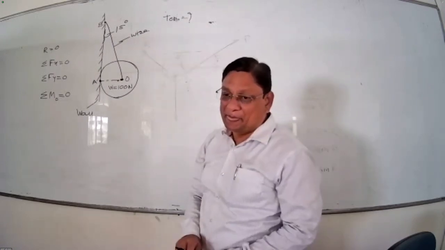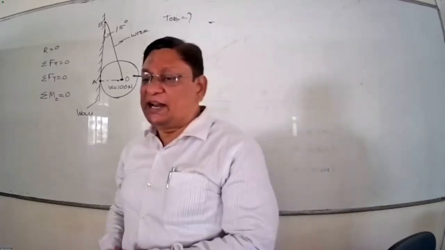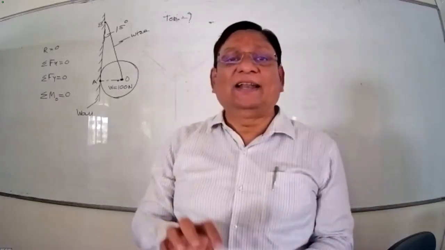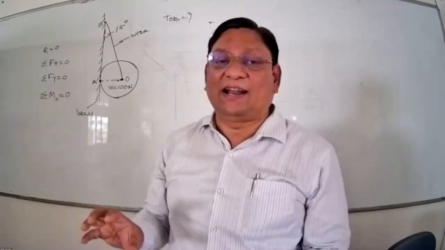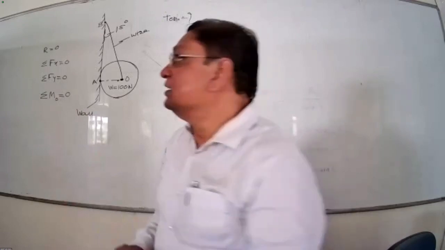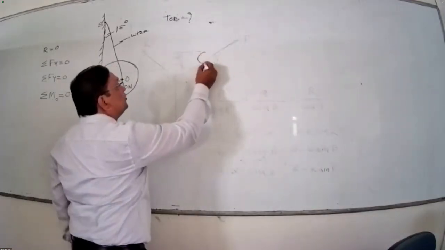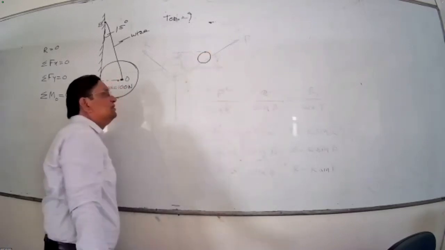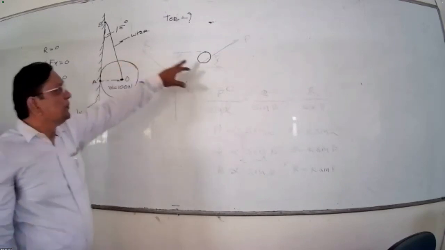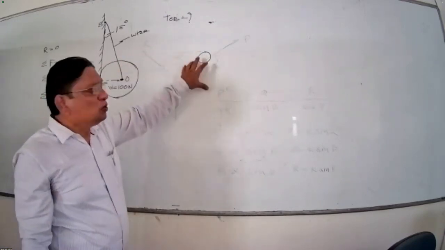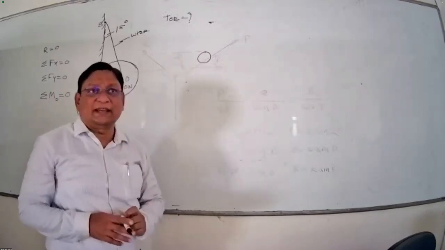Now, very first thing, I have to draw the free body diagram. Free body diagram means the body under analysis, we are going to remove it here. We are detaching the body, or separating the body under analysis from the support. Here, which is the body? The cylinder is the body. So we are removing the body here first. Size doesn't matter here. So this is the representation of the body. And then I have to show all the forces acting on it. So which force will come first? Can anyone tell me which was the first point while drawing the free body diagram?